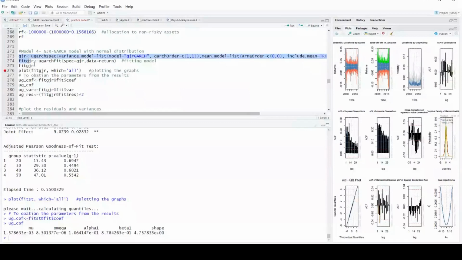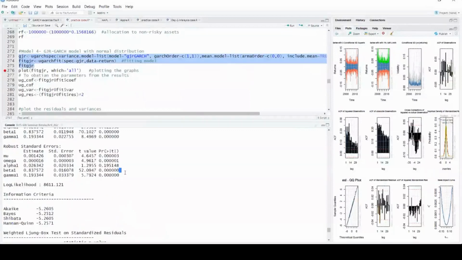Now you can see this is a gamma. Hope you remember yesterday's equation where we had the gamma parameter, and we said if gamma is equal to 0, that means it's a symmetric GARCH. If gamma is non-zero, it is asymmetric GARCH. But if gamma is positive, it says there is a leverage effect. I hope you remember yesterday's lecture. So today when we see the results, we find my gamma is positive and significant.